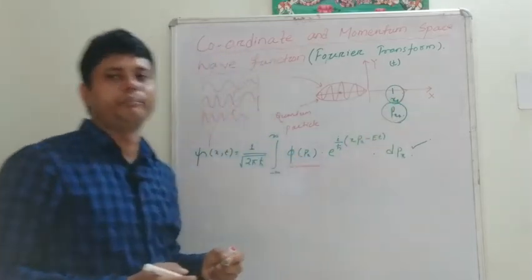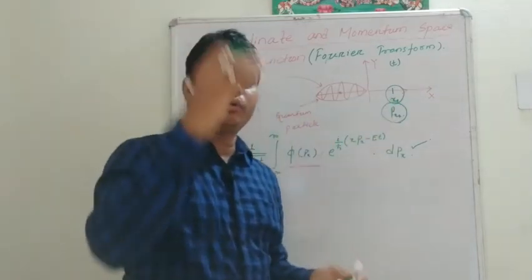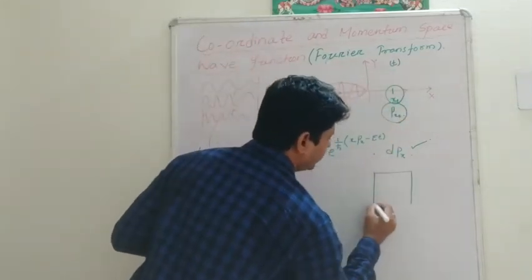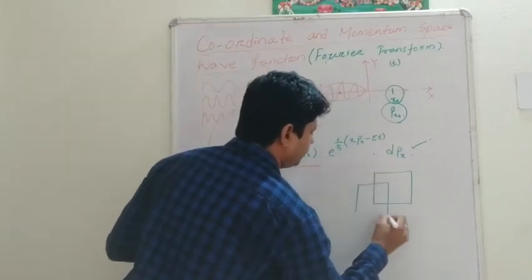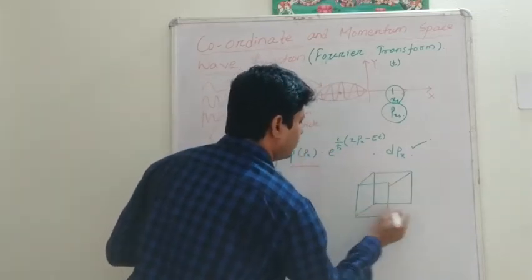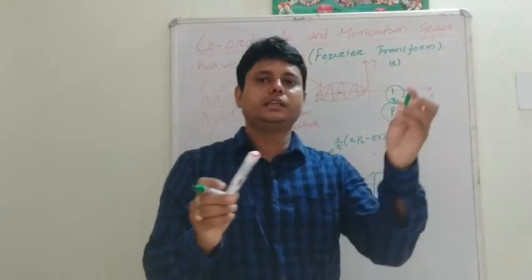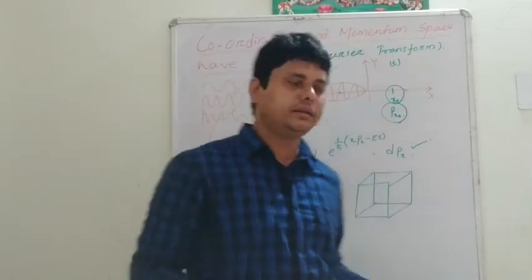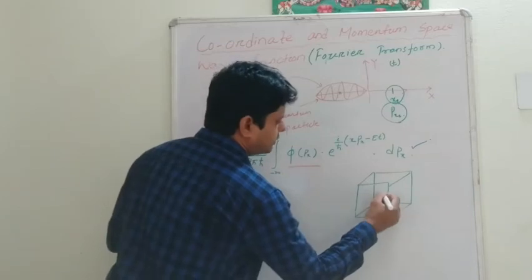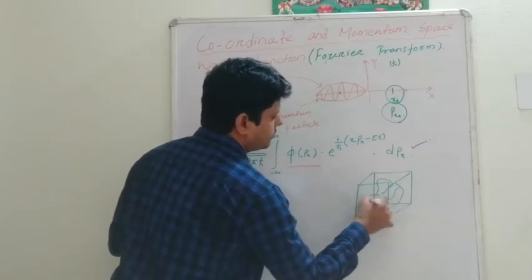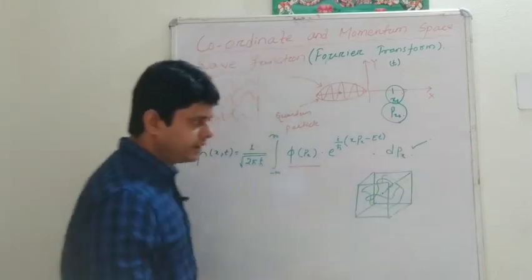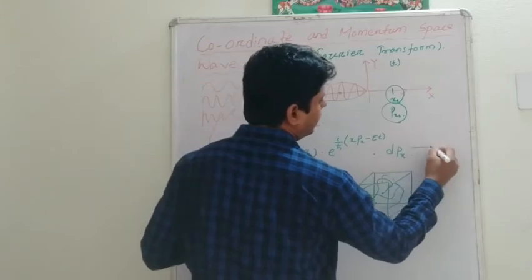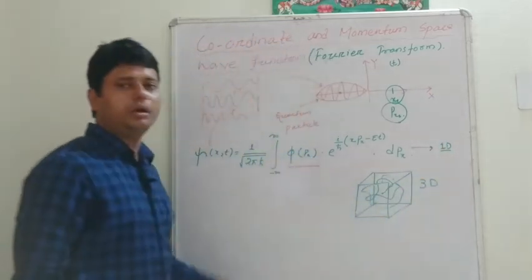Or we can say that at each and every time t, the particle has a particular position, and at that particular position a particular momentum. Now if we think about a 3D particle, that means suppose we consider a cube or free space that is not bounded. Suppose a particle is moving in 3D, so there is no bondage, it is free. This is one example I am giving, that a particle is moving in this box, or in 3D. This was the representation of the particle for motion along the x-axis, that is so-called 1D.